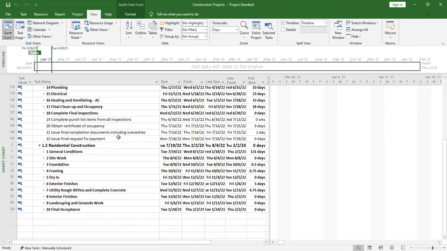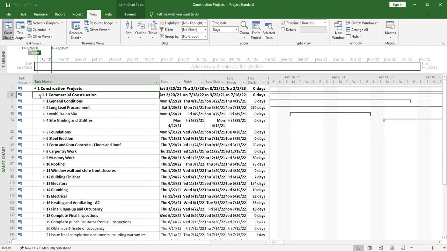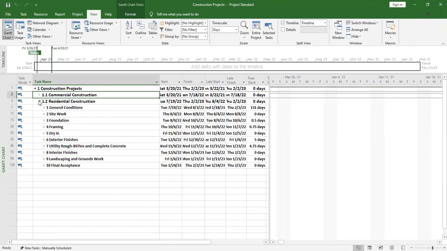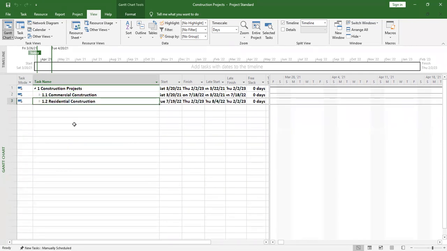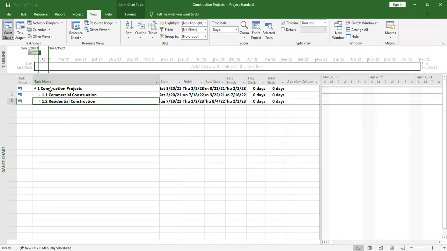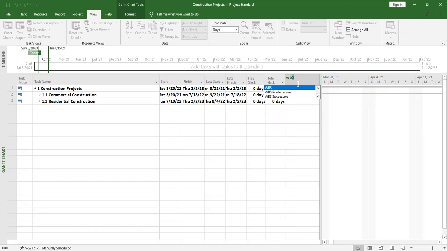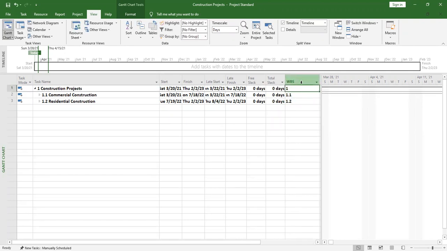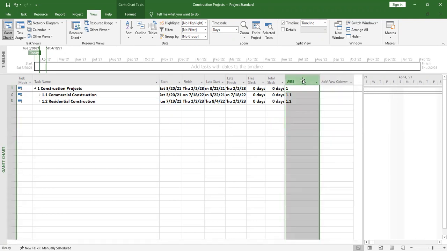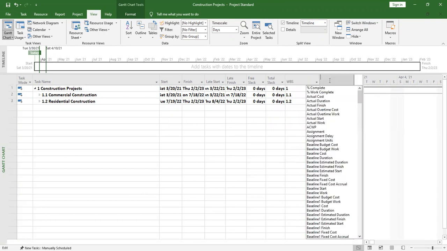So this is just for visualization, for you to view the project very well, and maybe to be organized. So that's the way you can represent work breakdown structure. But there is also an inbuilt WBS, it's called WBS code. So if you add that column, if you add a new column and search